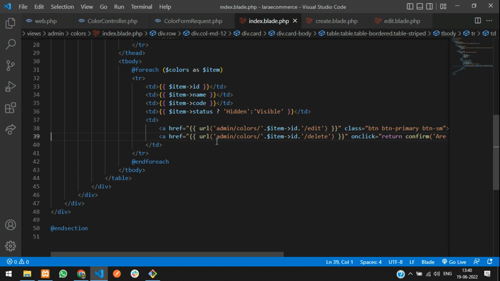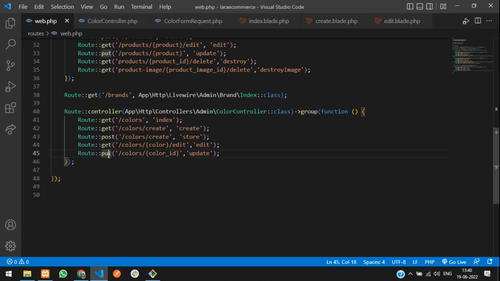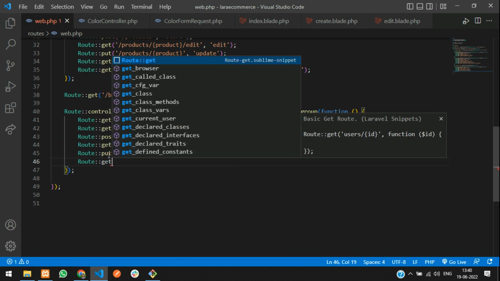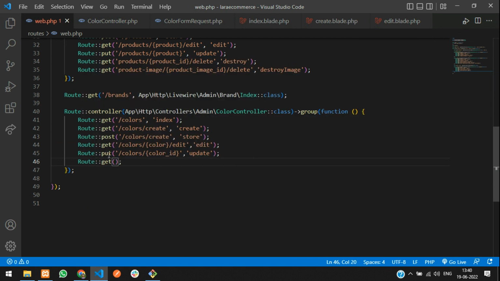So once it's clicked, it goes to this URL. So let's create a URL for this. Route : get method, where the URL we have to paste here. So colors ID and then delete. Let's copy from the above, paste here, and let's give and delete, which goes to destroy function. As simple, guys. So now let's copy this and go to your color